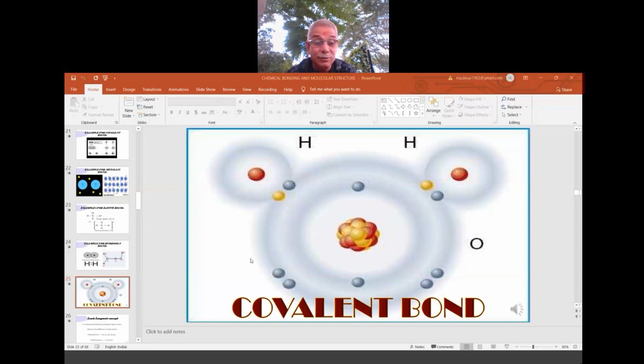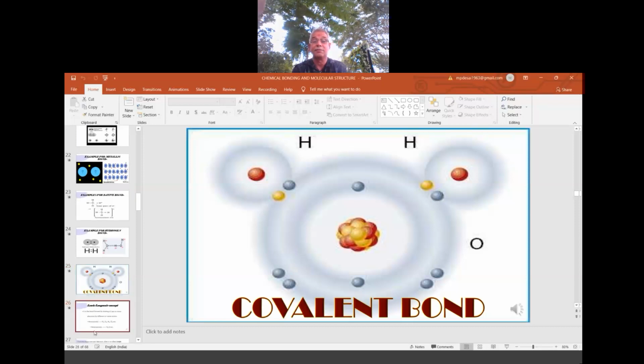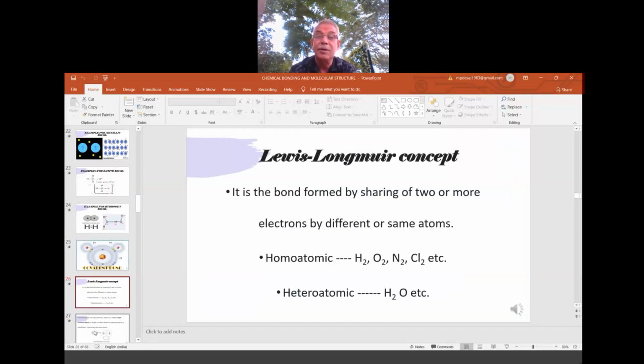Please see here. So this is in the beginning. Kossel and Lewis started the bonding theory, and Kossel left, and Lewis continued. Lewis was a very intelligent scientist, so he continued. In the study of covalent bonds also, the maximum contribution is from Lewis. Now along with Lewis, Langmuir is there, so he will come and join. Lewis is the common factor, whether it is the Kossel-Lewis or the Lewis-Langmuir concept or theory.